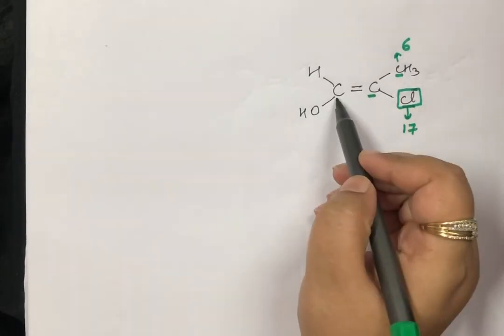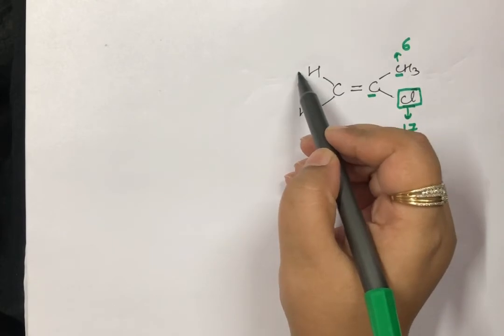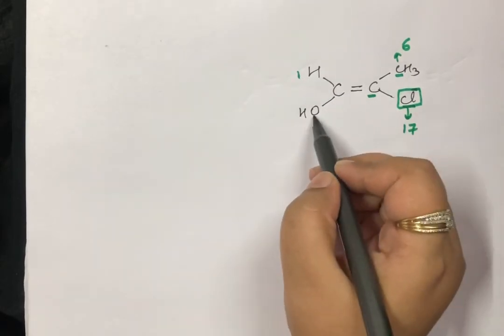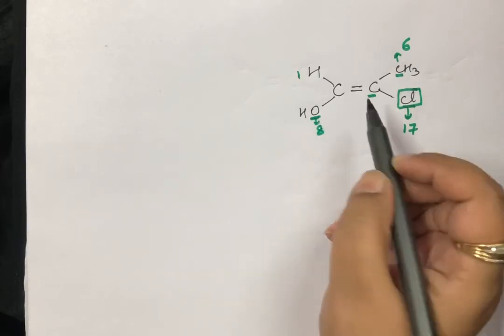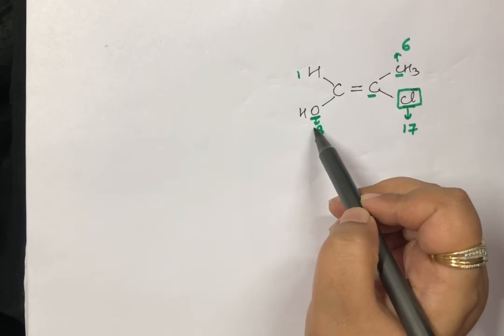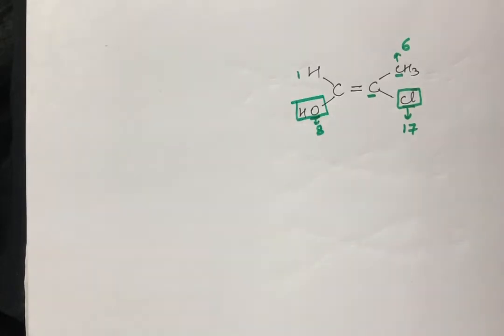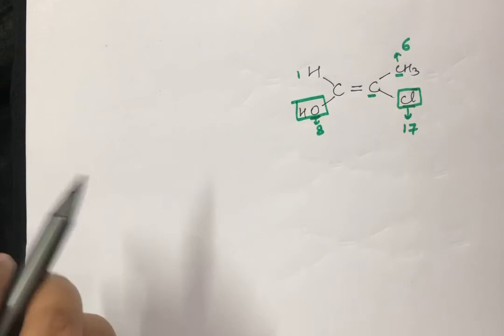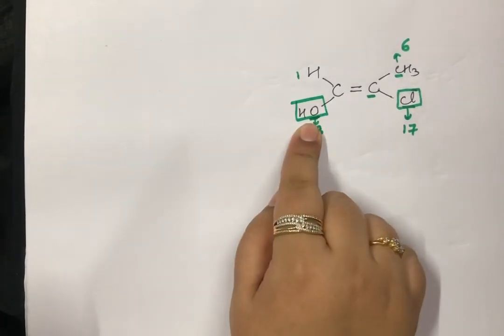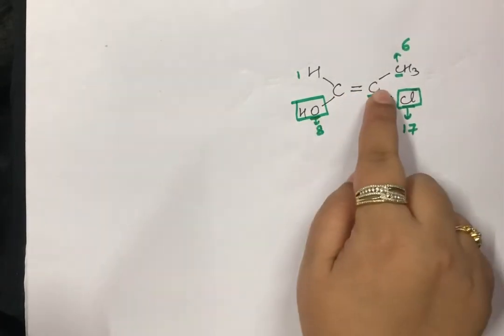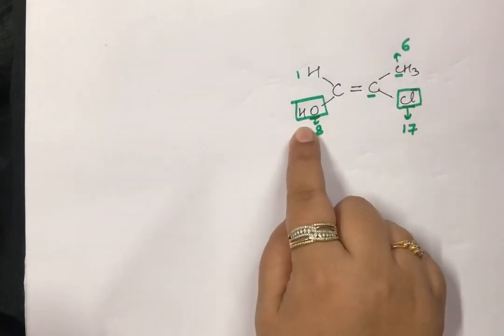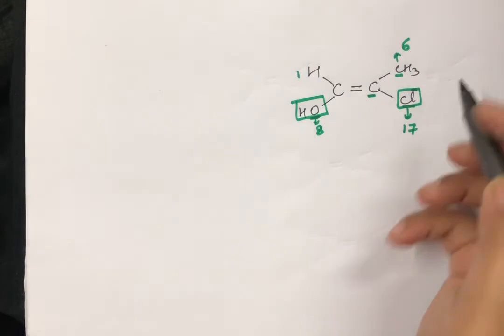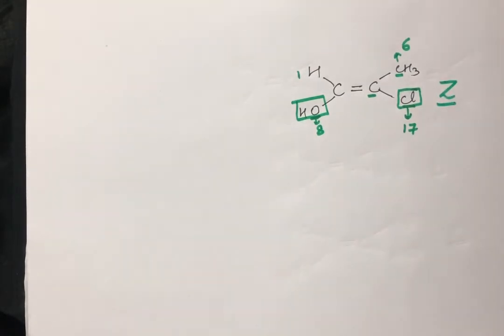And similarly here, this carbon is directly attached to hydrogen, which has atomic number 1. And on the other side, it is attached to a hydroxyl group, that is oxygen and then hydrogen, and oxygen's atomic number is 8. So out of 1 and 8, which one is to be given the priority? This group. So now this is of more priority on this carbon, and this is of more priority on this carbon. So the same priority groups are on the same side. So what will be the nomenclature for it? This is going to be Z.